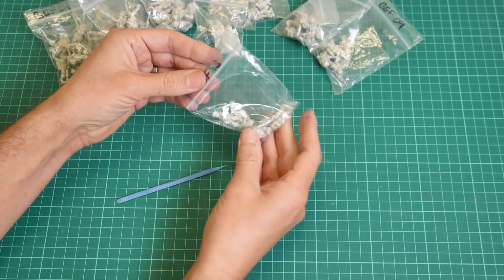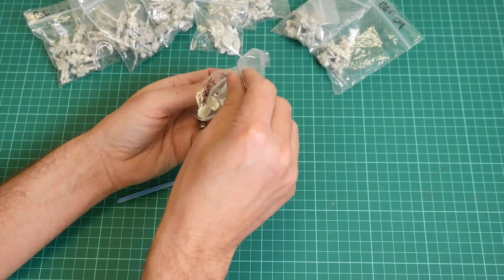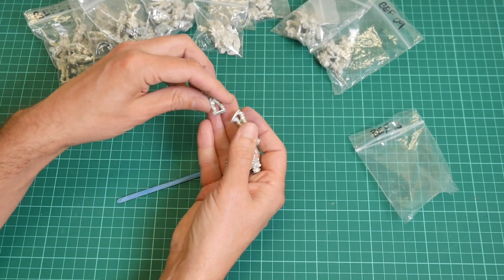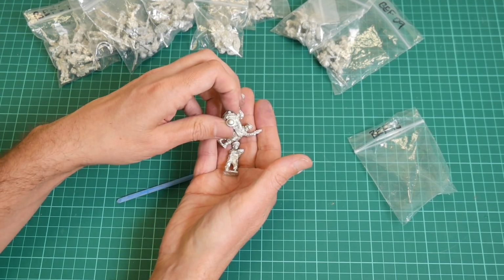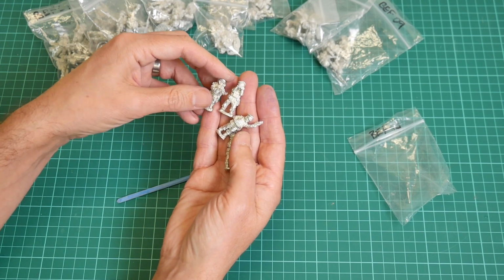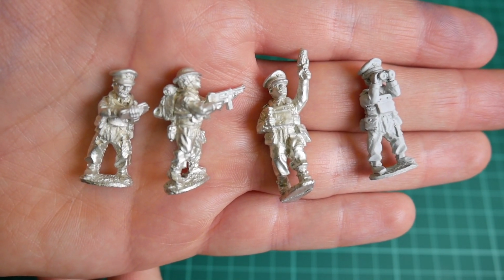Of course, the BEF ended up mostly fleeing France at Dunkirk in June 1940. But until that time, they did do a lot of fighting in northern France and Belgium. BEF 13 is the BTN command, the battalion command. So I'm expecting we're going to have more moustaches here. We've got